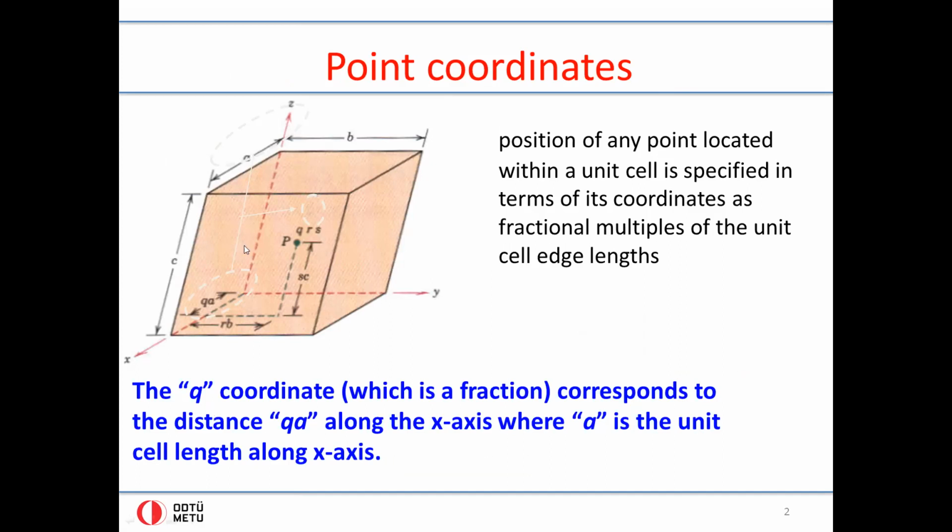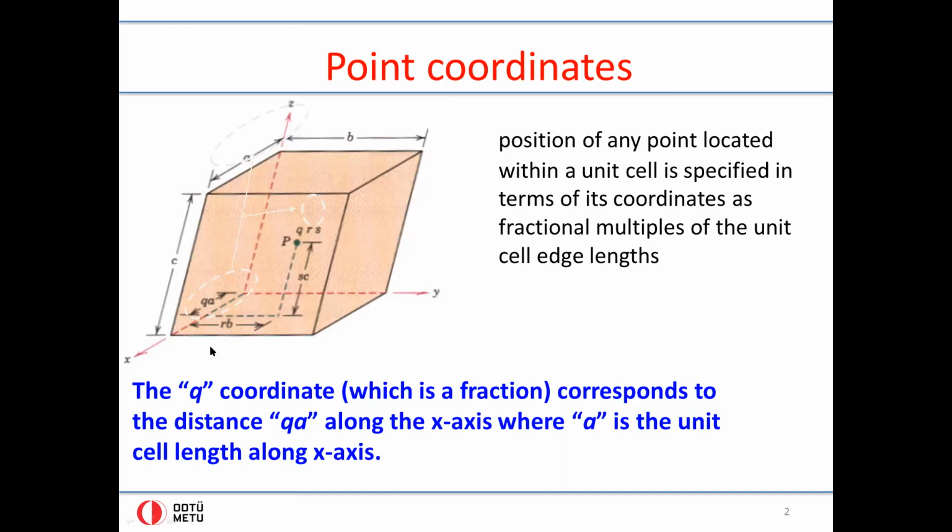The unit cell edge lengths are A, B, and C. So this distance along the x-axis is A, this is B, and this is C. Note that A, B, and C are equal for a cubic unit cell, but for different unit cells, they might not necessarily be equal. And the position is defined as a fractional multiple, meaning from 0 to 1, of the unit cell edge